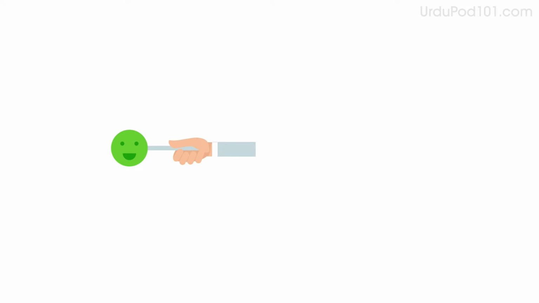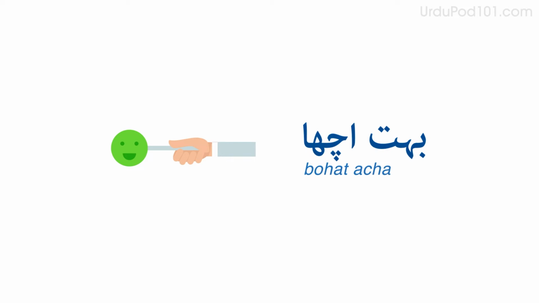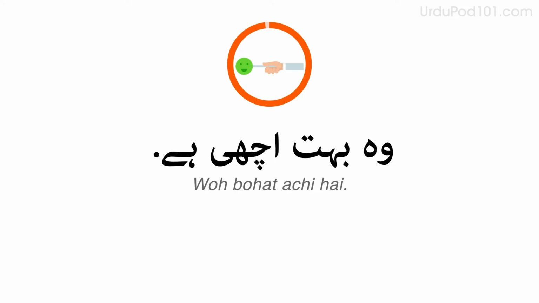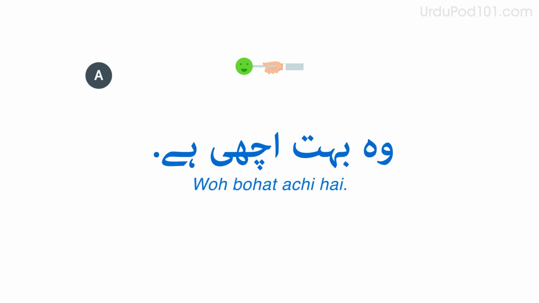Do you remember how to say, Great? बहुत अच्छा। Say, She's great. वो बहुत अच्छी है। Now, answer the question saying she's great. तुम्हारी वालिदा कैसी हैं? वो बहुत अच्छी है।